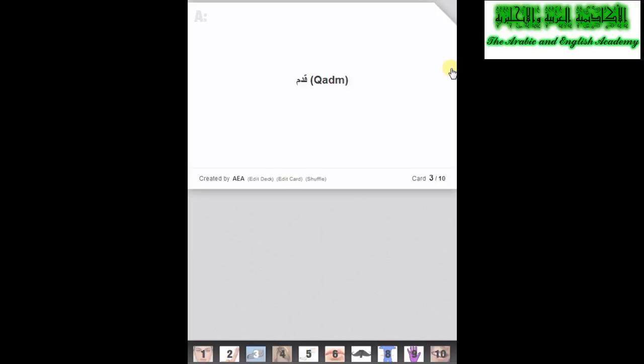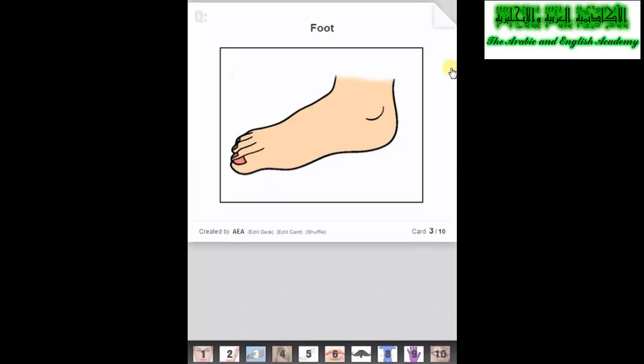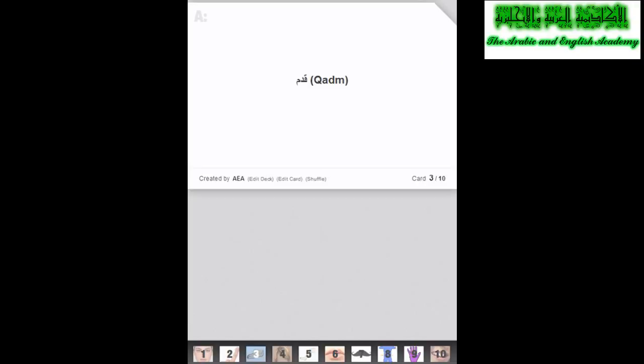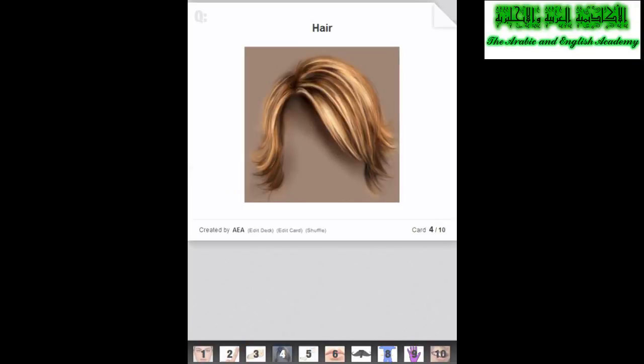qadim, foot, qadim. The fourth word we have is hair, and hair in Arabic is sha'r,